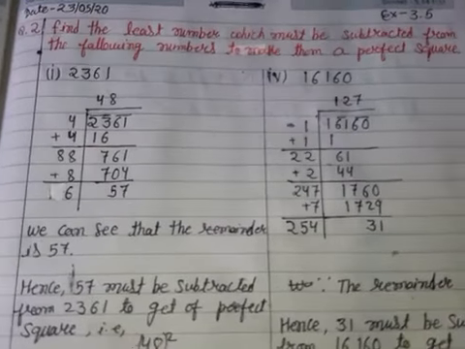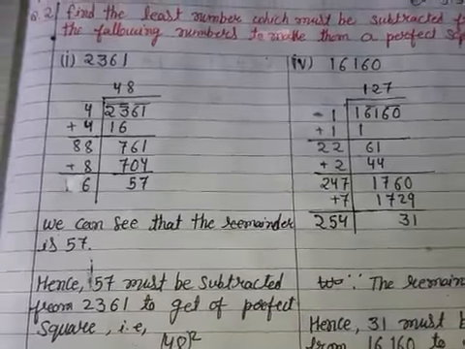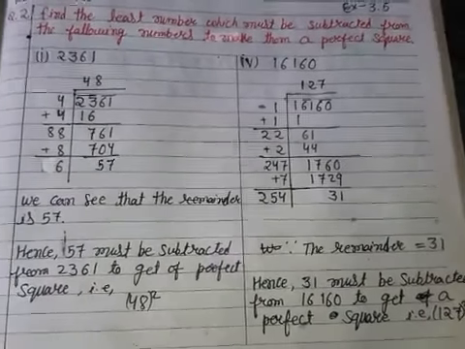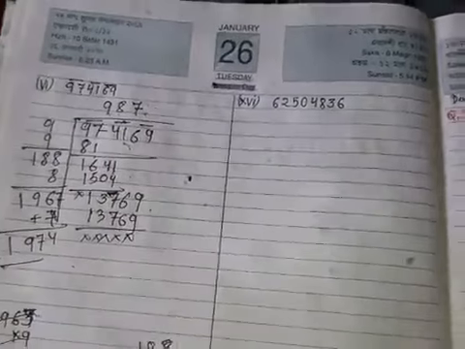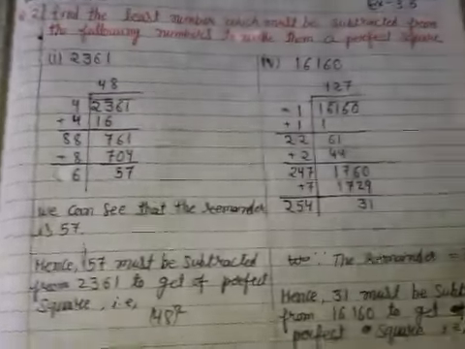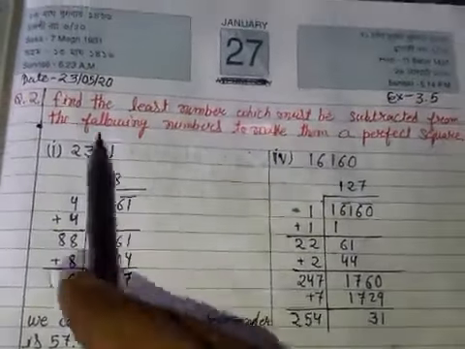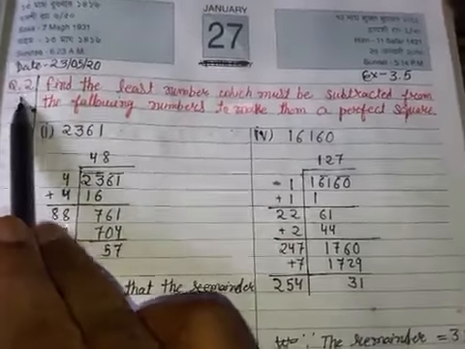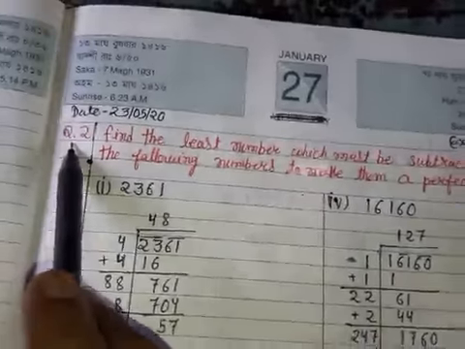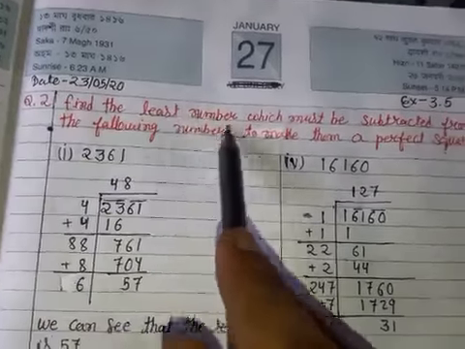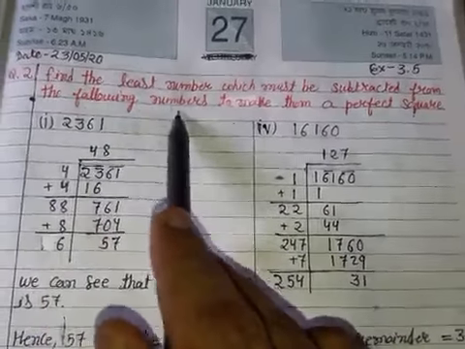Yesterday I discussed how to find the square root of this number by the long division method. Now, on the basis of this process there are some more questions. Second question is exercise 3.5. Find the least number which must be subtracted from the following numbers to make them